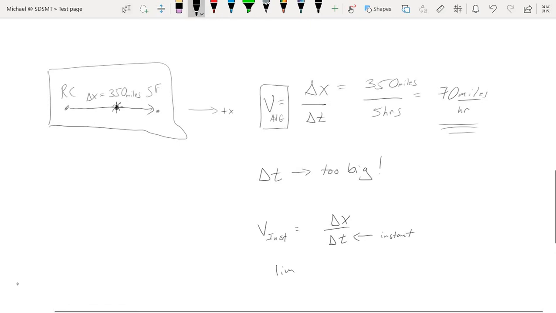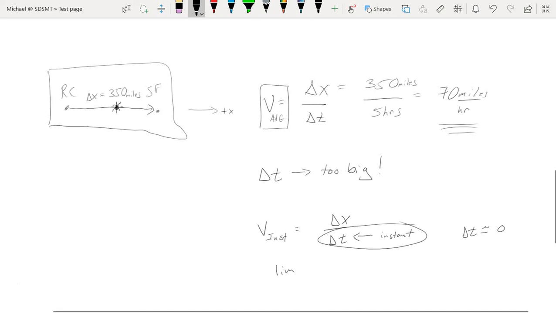In calculus, we spend quite a bit of time talking about limits and what happens to different mathematical expressions as we take limits that approach certain values. Well, in our case, we are looking at shrinking our time interval down to an instant in time. In other words, delta t may as well equal 0. But we can't let delta t equal 0. If we do, then we're dividing by 0, and that's bad.